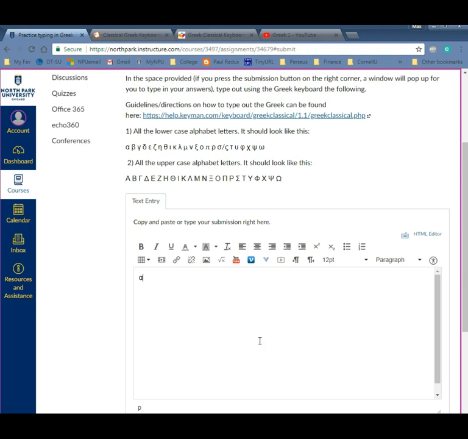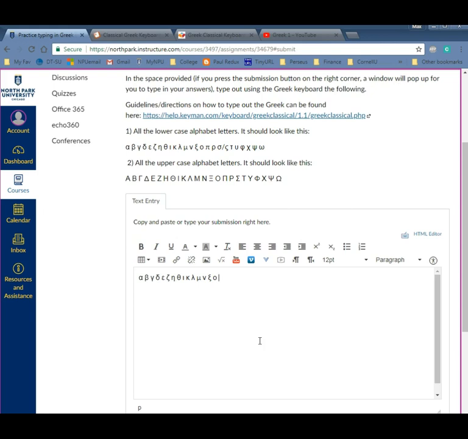If I press A, I'm getting alpha. Oh, great. So you see that A is alpha, B is beta, G is gamma, D is delta. And I'm putting a space in between. E is epsilon, Z is zeta, H is eta, Q is theta, I is iota, K is kappa, L is lambda, M is mu. Oops, I went back and typed in a comma by accident. M is mu, N is nu, C is xi, O is omicron,